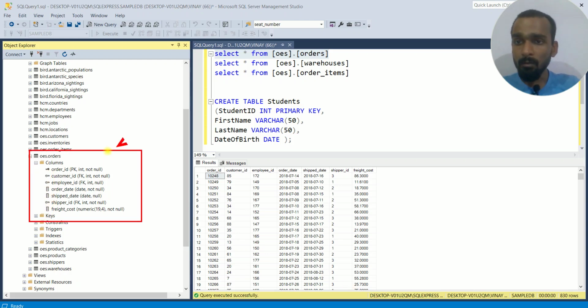For order ID it is PK, meaning primary key. For customer ID it is FK, foreign key. Again there is another foreign key, which means we can have multiple foreign keys in a table. Then for the shipper we also have a foreign key. I hope till now you are clear.